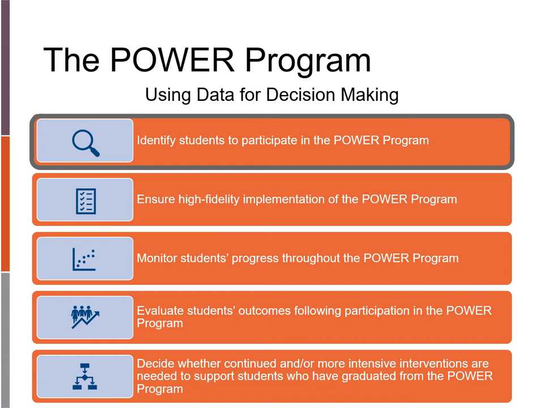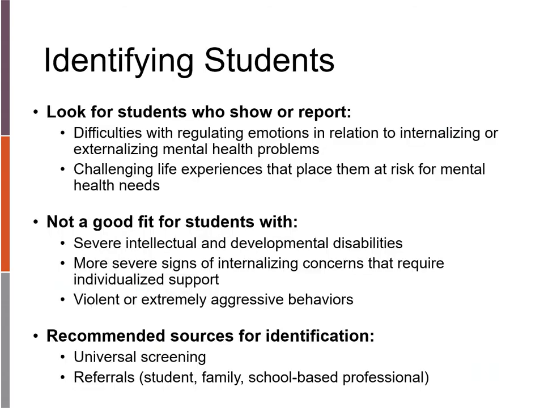The first use of data for decision-making is identifying students to participate in this program. When you are forming a POWER group, you will need to identify appropriate students who can benefit from the group. Students who show difficulties with regulating emotions, whether this is internalizing or externalizing mental health concerns, are appropriate for this group. In addition, students with challenging life experiences that place them at risk for mental health needs are also appropriate